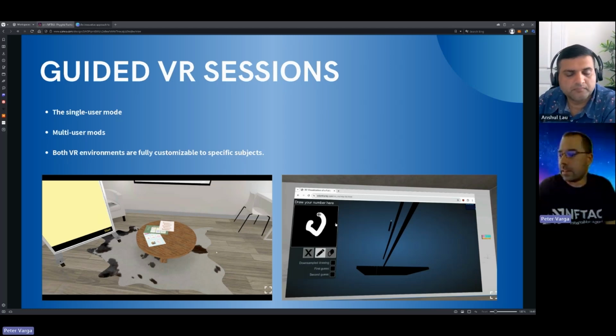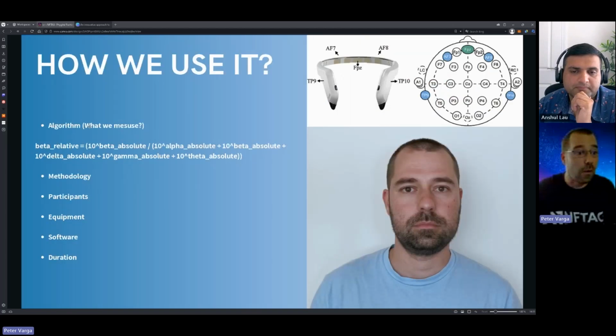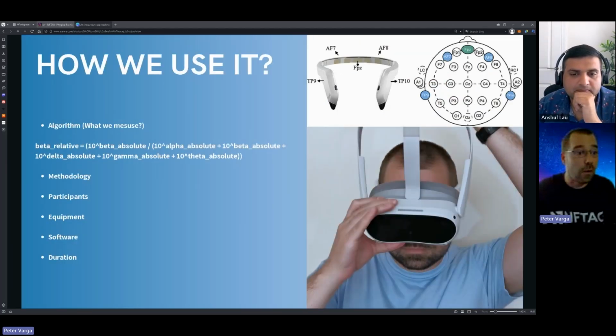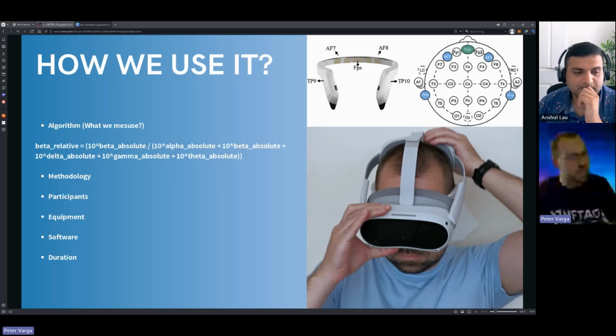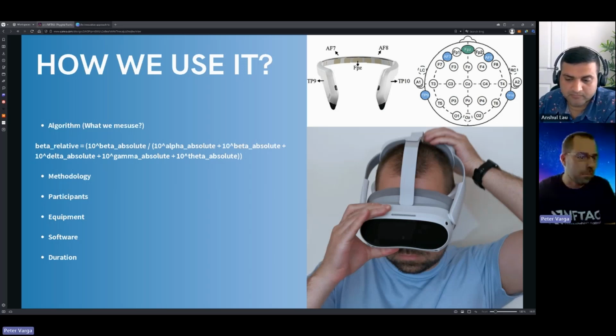So in the next slide here, how I use it basically. The proposed research aims to investigate the impact of the VR classroom on students' learning efficiency by analyzing this data. I'm just focusing on the beta. Beta represents the focus and the concentration. So the EEG is filtered before, and the methodology is really simple.